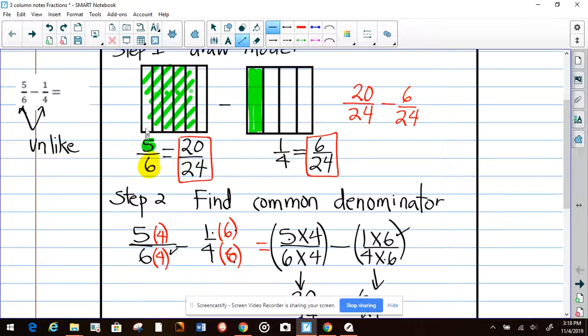Well, if this was divided in 6 parts, but we multiplied it by 4, that means we have to show 4 on this side. So let's do that. So that's going to be 1/2, and each half is divided into fourths. So now that picture represents 20/24. Okay, that's 20/24. This represents 6/24, but it doesn't look like it because we have to multiply by the opposite